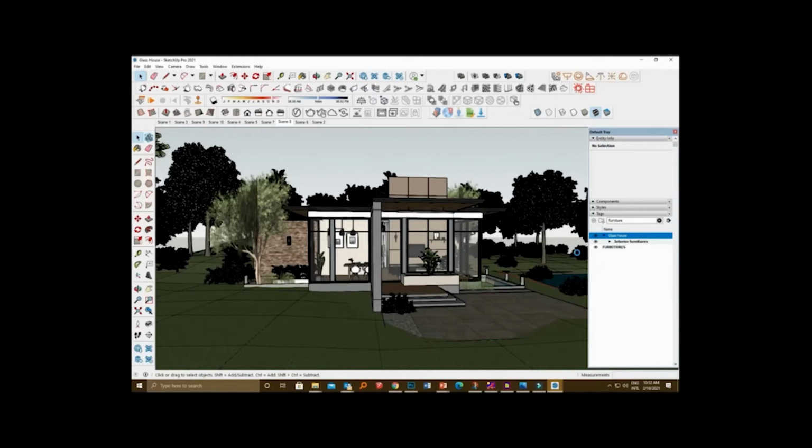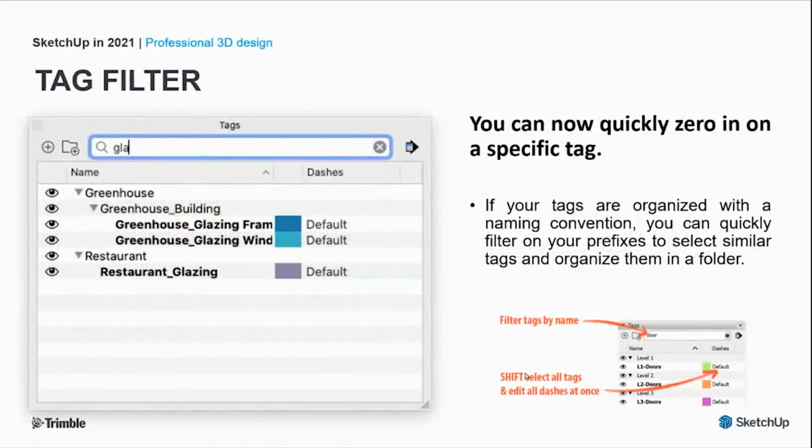And also there are a lot of other options, like I can expand, I can even delete a folder. So even if I am deleting the folder, all the tags will get back to their previous position and it won't delete any tags. It just deletes the folder. So that's all about the new tag management system. It's very easy.